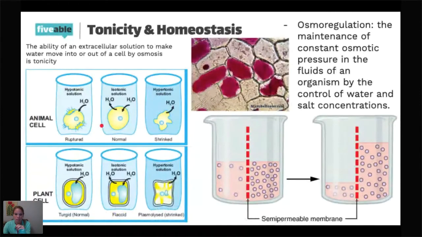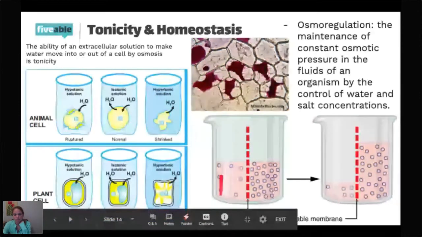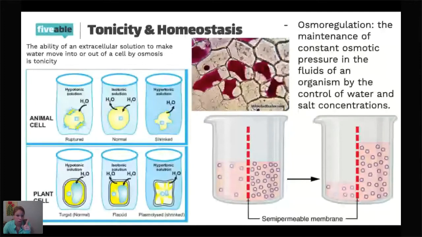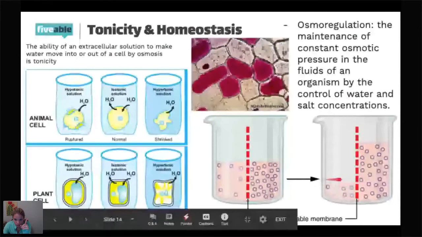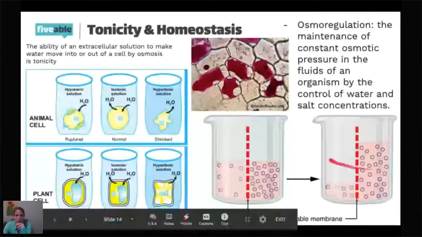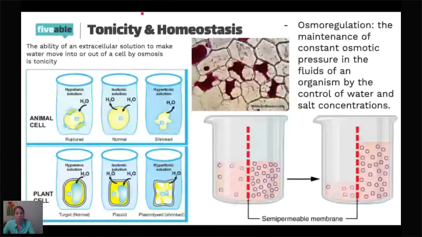The main thing I'm going to say, and I'm going to come over here to do it. So like right here, you can see I've got a low concentration on one side and a high concentration on the other. And you can also see these molecules are too big to pass through this semi-permeable membrane. The molecules can't move. They're stuck there, but the water can move. And so the water, we can see here, it moves all to this side, even though gravity says it should be falling equally, but it all moves over here because that makes this side less concentrated. So this is going to be less about the movement of molecules and way more about the movement of water.